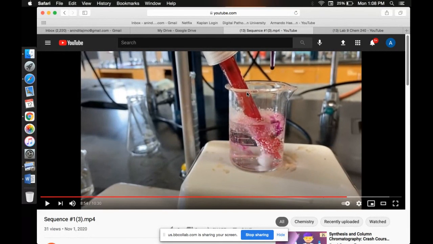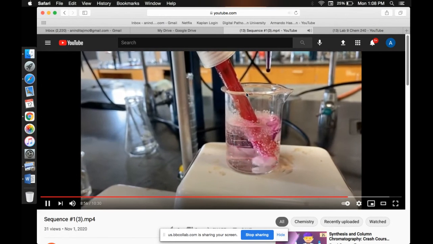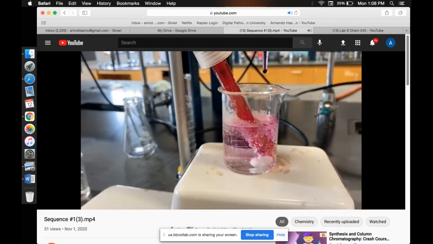So in this case, you see the color is coming, but it is again disappearing, right? So it is not even the equivalence point yet. Once the equivalence point comes, the color will remain. Even a single drop or 2 drops will change the color of the whole solution, and it will remain.